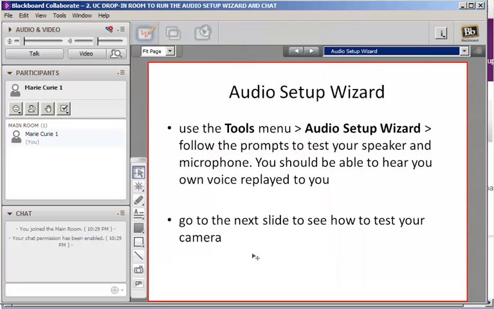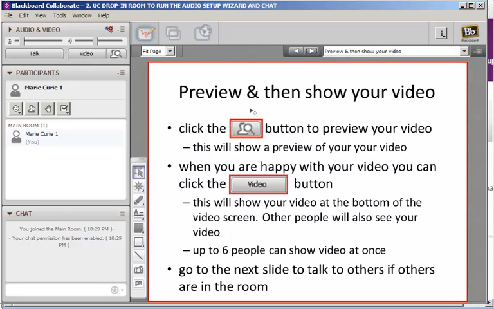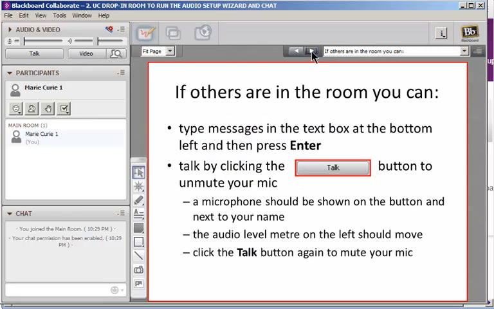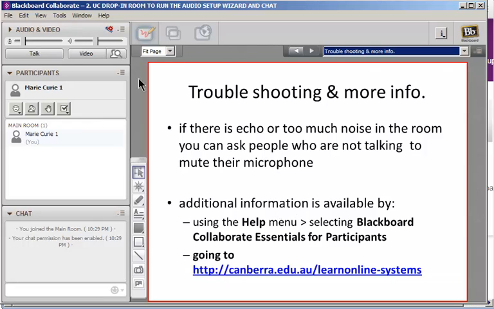And OK. If I wanted to, I could then go on and check that my video was working by clicking the video button. I will then see a preview. And this is talked about in the next slides. If other people are in the room, I could click the talk button and start to talk to them. Now that we've gone through the Audio Setup Wizard and I've spoken and heard my voice being replayed back to me, I can be confident that the audio is set up correctly on my computer, and I can then join